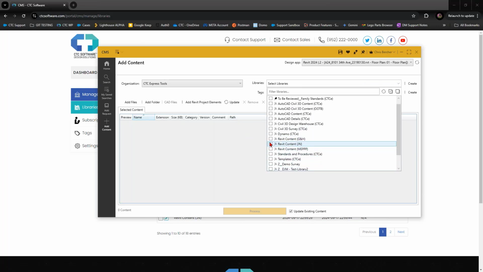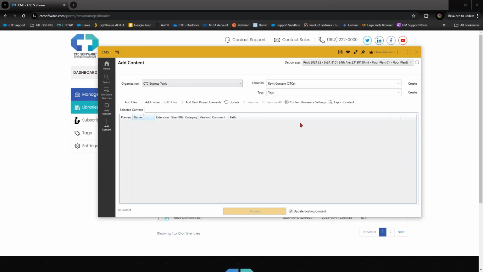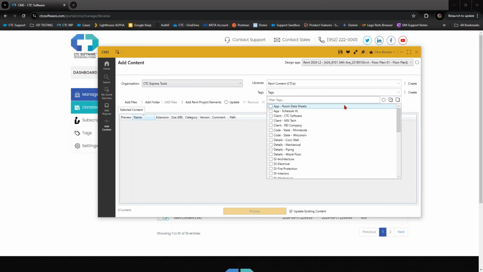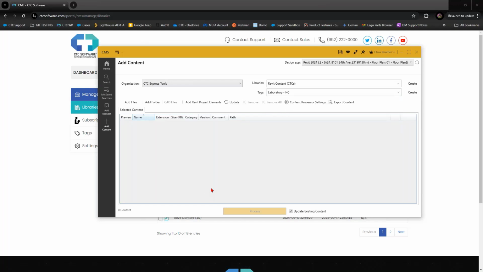So let me just go ahead and grab my Revit content library that I had pinned at the top. I can choose if there are any specific tags that I want assigned to the content that I'm about to load in. You can do that on the front side, or leave it blank and just load your families in and let everyone else manage the tags themselves. And then you can go ahead and find a list of content. And the content itself,